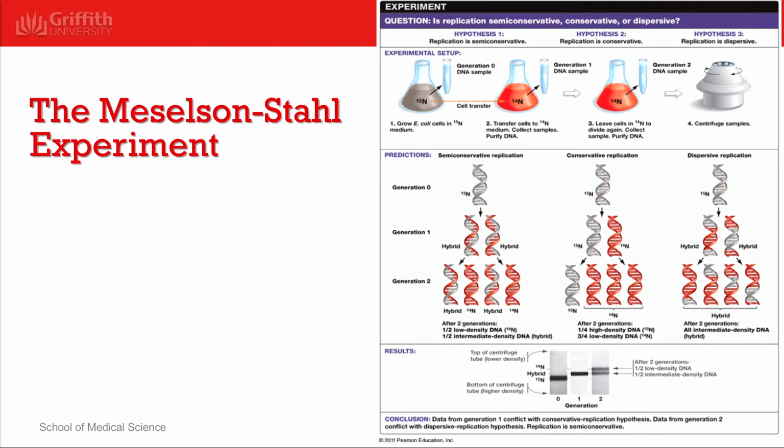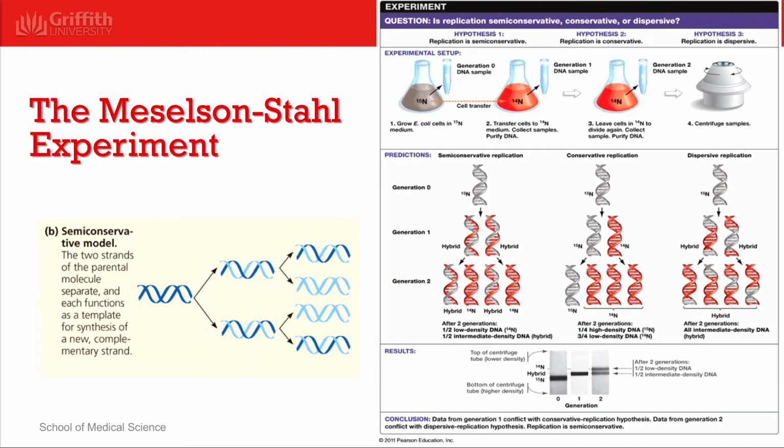The DNA from the bacterial samples collected during each generation was extracted and centrifuged to separate the DNA based on density. In generation 0, the DNA was labelled with heavy nitrogen and therefore appeared at the bottom. Generation 1 produced an intermediate band between heavy and lighter nitrogen. Generation 2 produced two bands, one at lighter nitrogen suggesting newly formed DNA and one intermediate band suggesting a hybrid. These results supported the semi-conservative model of DNA replication, where the parent strands serve as a template for the new